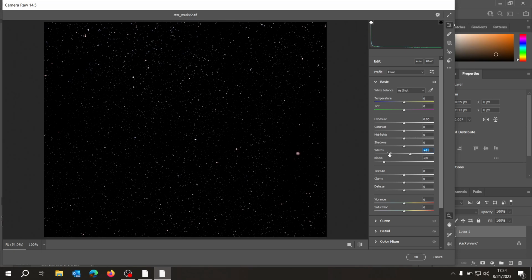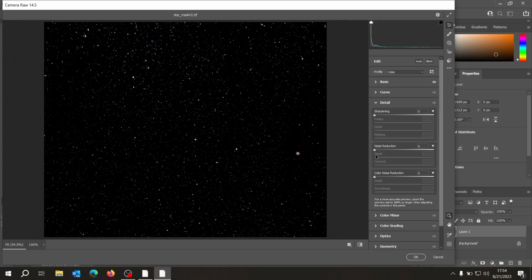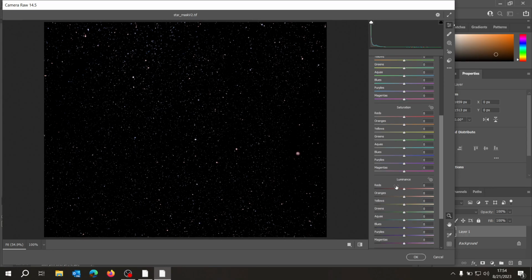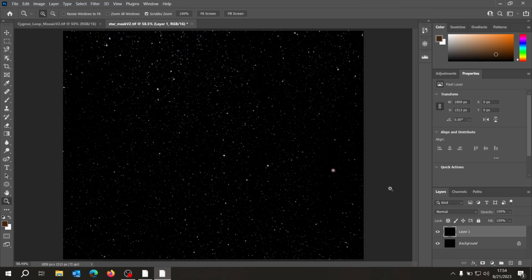So that is up to you and your preference. And then saturation, if you want to give your star some color, but it is what it is. Details, nope, don't care about details. Color mixer. Alright, the magentas. We don't like magenta in our stars, because there's no magenta stars in space. So again, that helps. And then if you want to reduce even more,